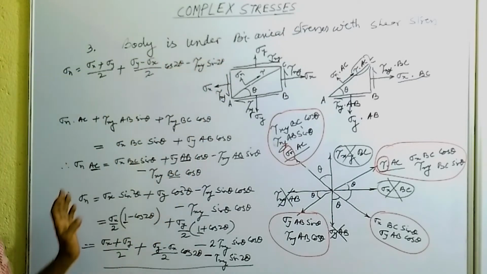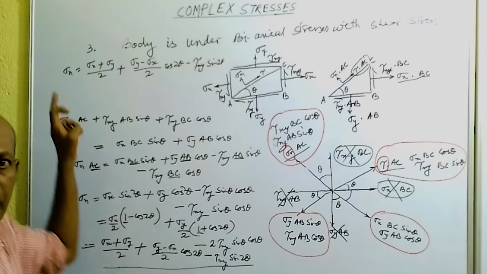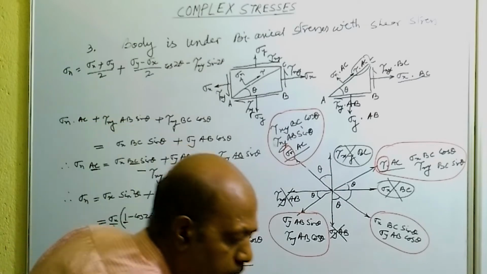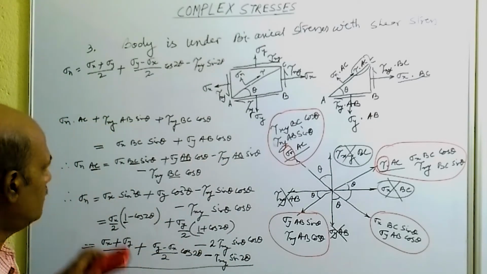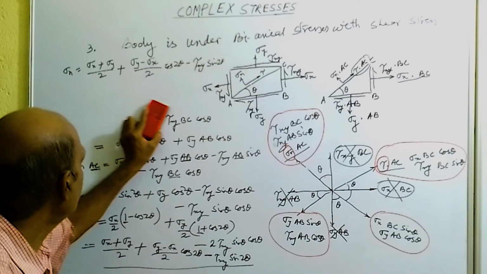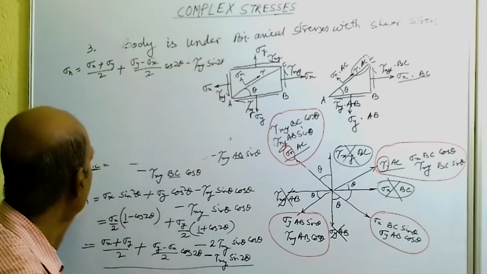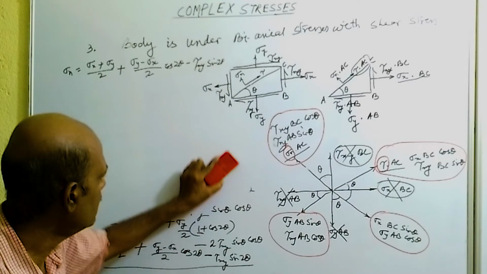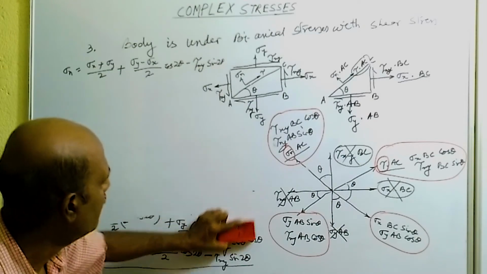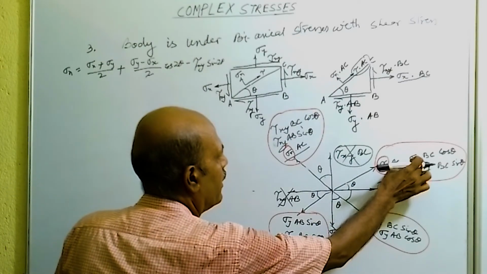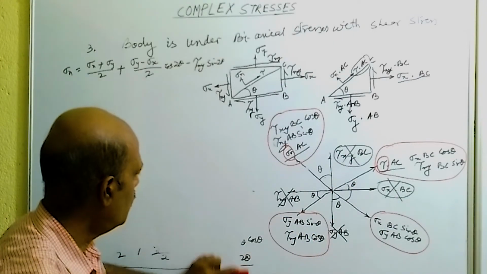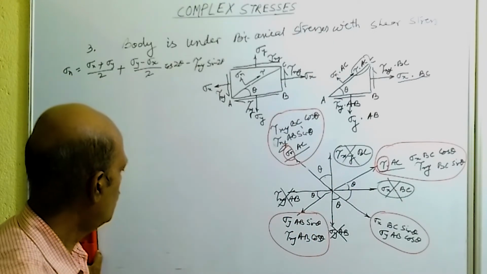So this is the value of sigma n which is developed perpendicular to the inclined plane. Now we will find out what is the shear stress developed on the inclined plane. To find the shear stress developed on the inclined plane, we will equate these forces. So we can write